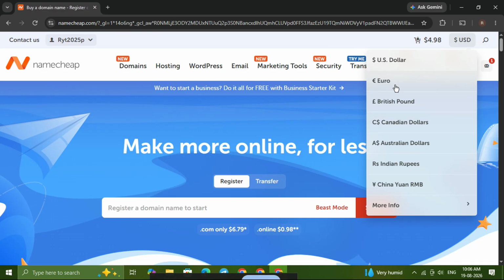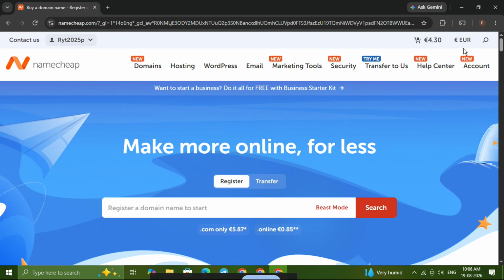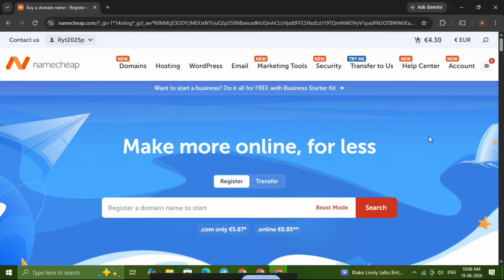As soon as you click your preferred option, the currency will change automatically across the site. You do not need to refresh anything or go through extra settings menus. It's that simple. This can make it much easier to compare prices and understand exactly how much you'll be paying before checkout. If you ever want to change it again later, just repeat the same steps and choose a different